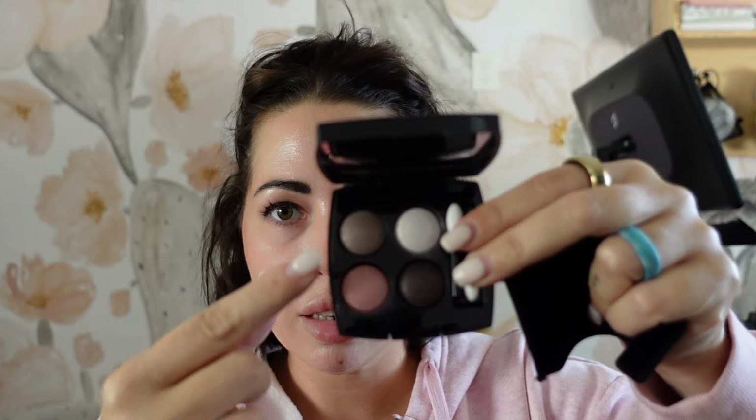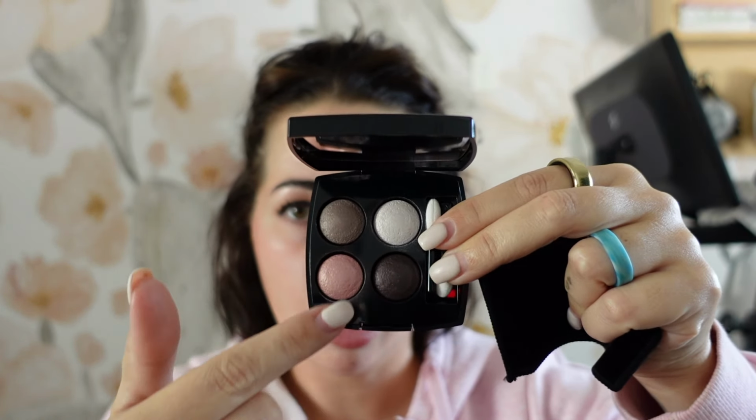And then I have several Chanel quads that I picked up. So let me grab all of those. I really love the Chanel quads, and I am working to build my collection, or to finish out my collection of ones that I'm missing. So I picked up the Chanel quad in 202 Tisse Camélia. I didn't have this quad in my collection. And so that, you see my phone sitting on my desk. This here is the Tisse Camélia quad. Again, I love these quads. I love these shadows. I love how they perform. And so I picked up that one. And again, that is 202